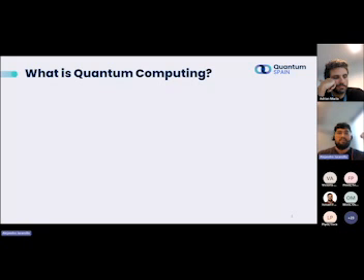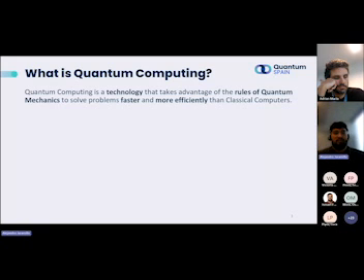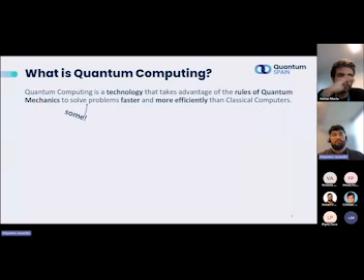Quantum computing is basically using a technology that takes advantage of the rules of quantum mechanics and the strange quantum phenomena to solve problems in a different way than a classical computer can do. In some cases, not for every problem, but for some cases, this solution can be faster and more efficient than in any classical computer. So just to make a brief introduction of the key concepts of quantum computing,